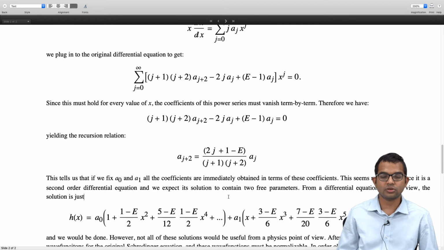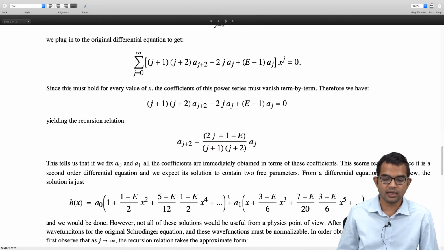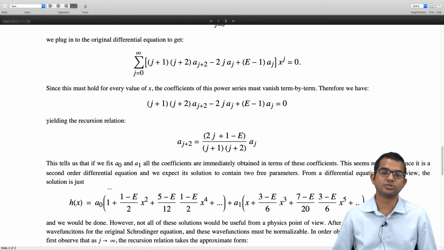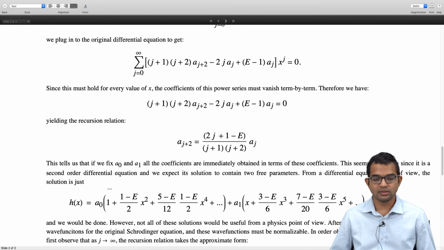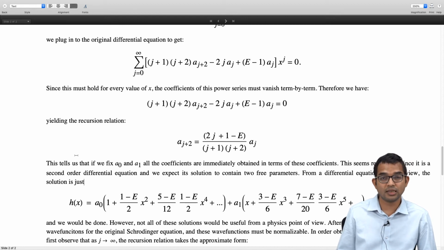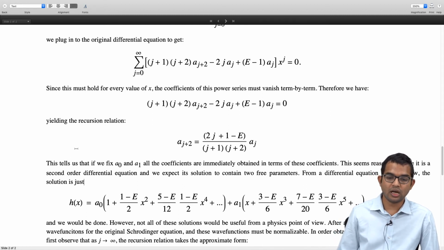So as far as the differential equation is concerned, it seems like we have got the solution, right? For this h, if we know h, we also know psi, right? But there is some more physics we have to put into this to make it a meaningful solution. We are not only interested in a solution for this problem, but we are interested in finding a meaningful solution for this differential equation, for the Schrodinger equation, right?